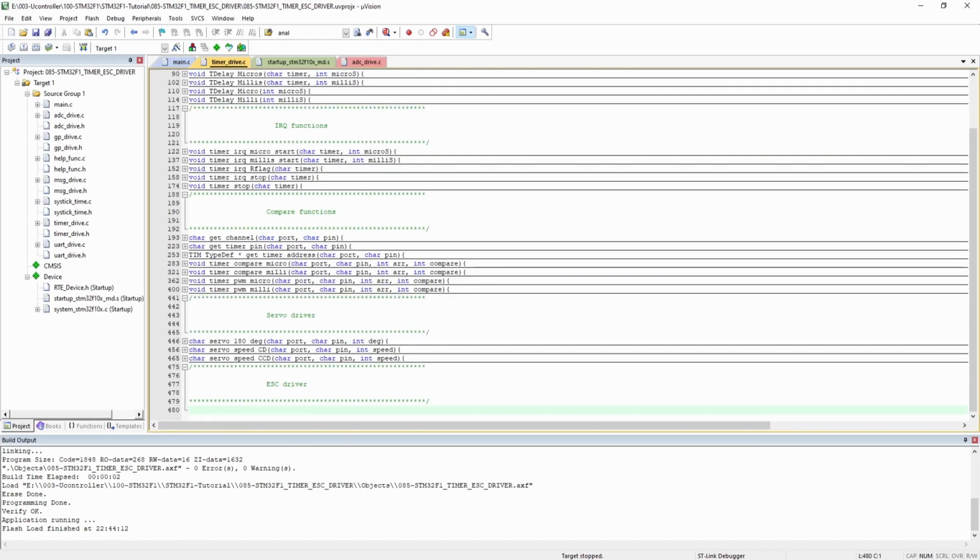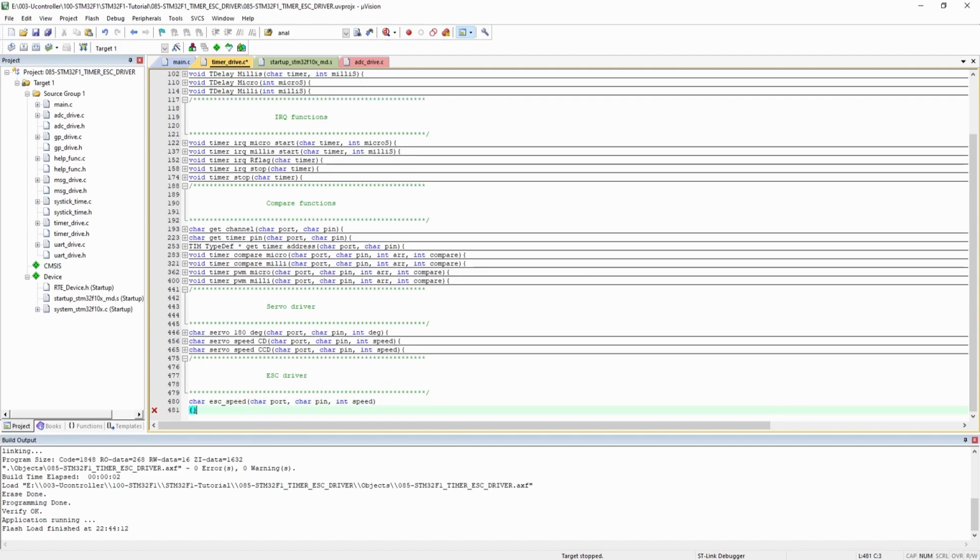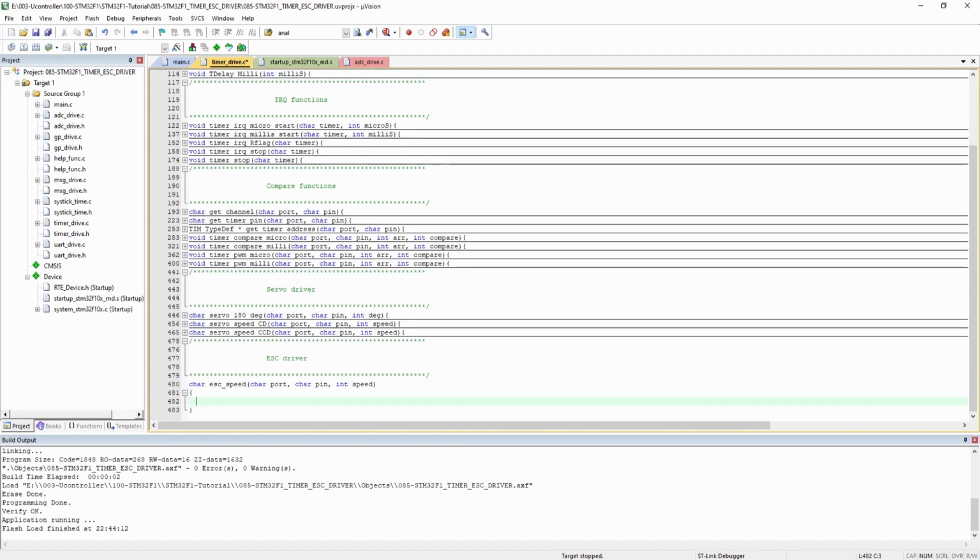So I prepared some space for the electronic speed controller, and let's put a char here, and it will be ESC, and we call it speed. So this is what we want. And the char will be, we will need a port. We will need a char also for the pin. And finally, a last one, we would like the int for the speed. Okay, that's perfect. So let's go within the function and start updating, saying